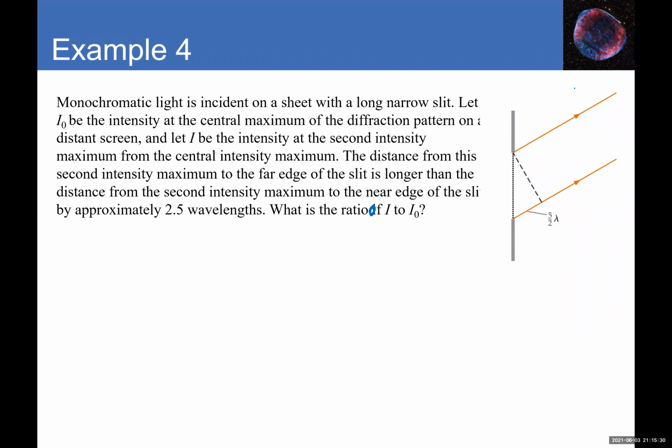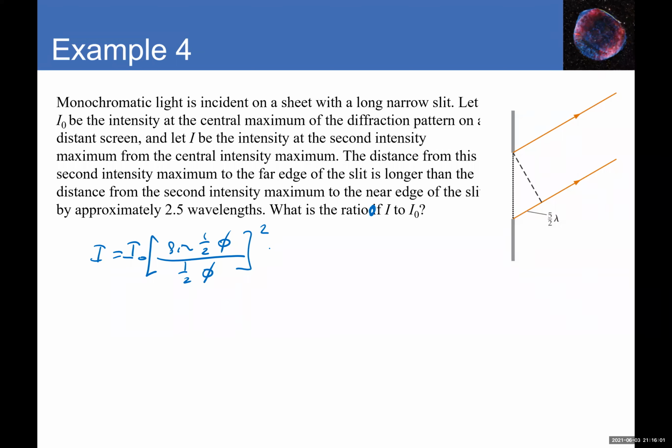I just realized that this is actually a single slit, not a double slit. So this example should have been in the next chapter. But in any case, I'll go ahead and solve it. So here, the equation for that is I equals I naught times sine of 1/2 phi divided by 1/2 phi, which is the equation for the intensity